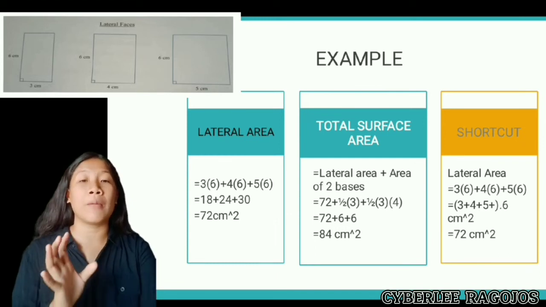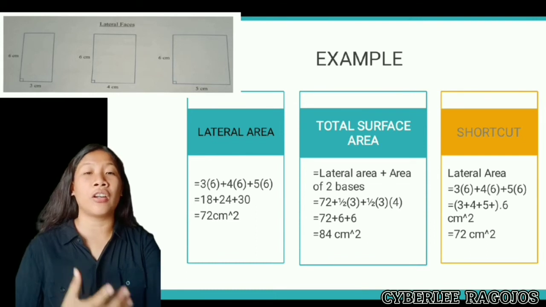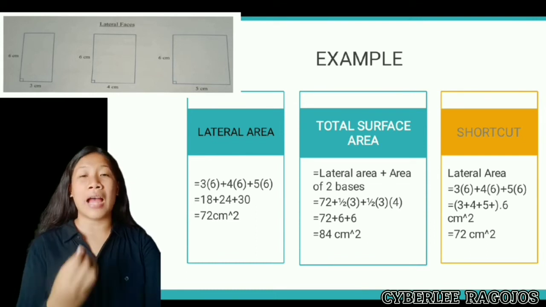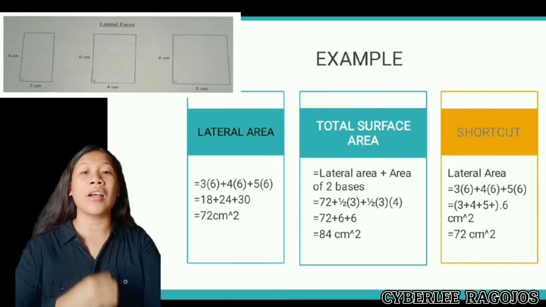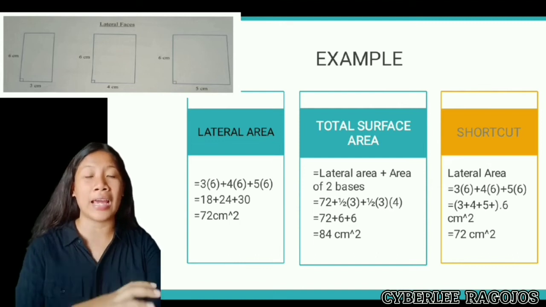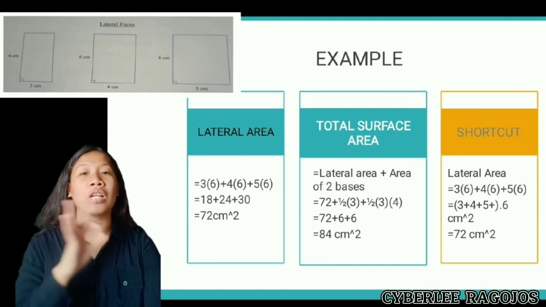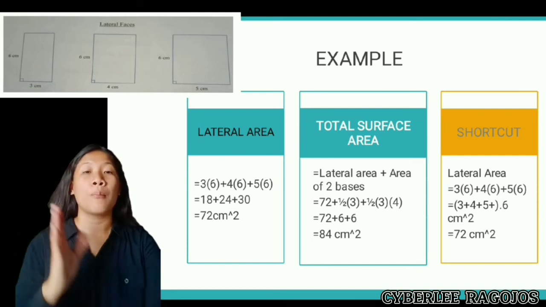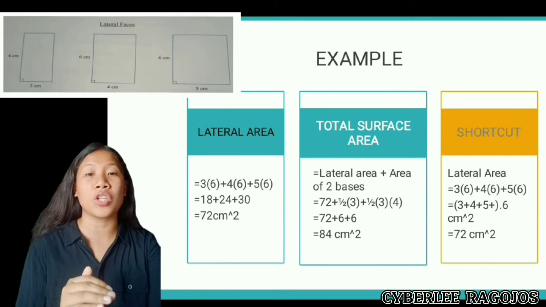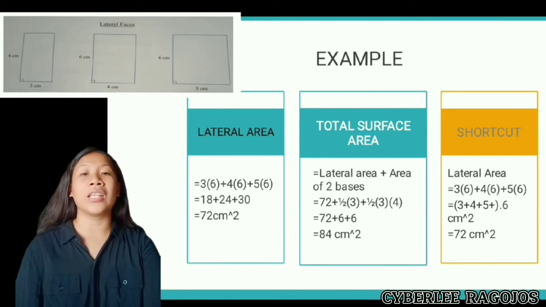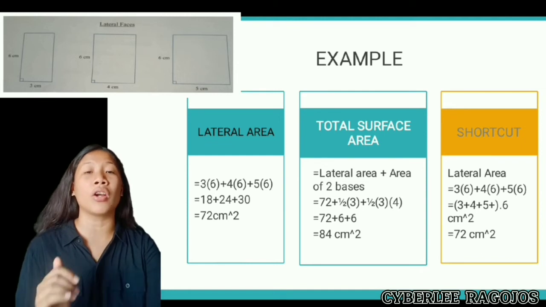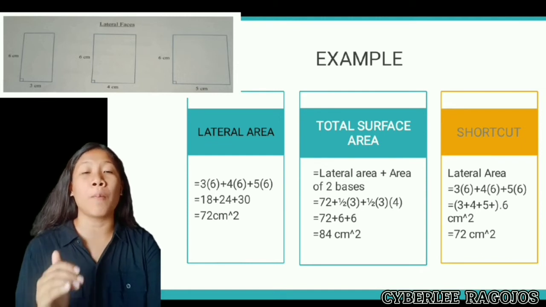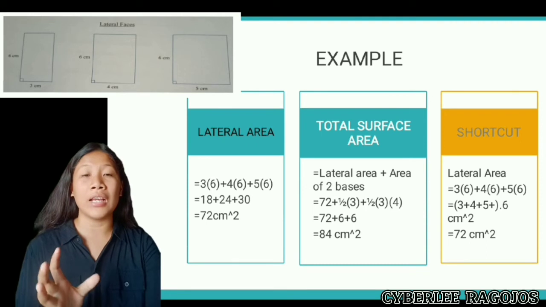Para mas mapadali pa, the equation for the lateral area, notice that we can factor out a 6, kasi nga, pare-parehas lang sila ng height. Kung mapapansin natin, yung tatlong rectangle natin is pare-parehas lang sila ng height, which is 6. So, lateral area, if we factor it out in 6 and we are going to add and multiply, magiging